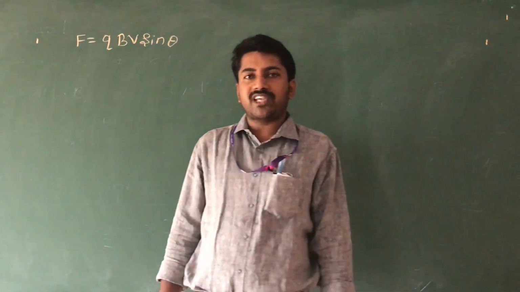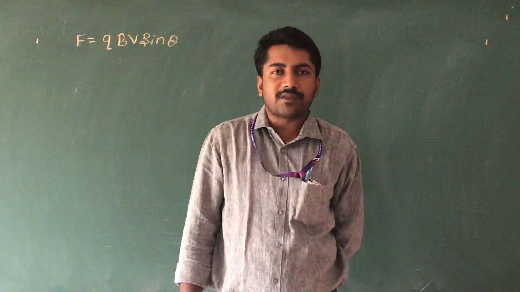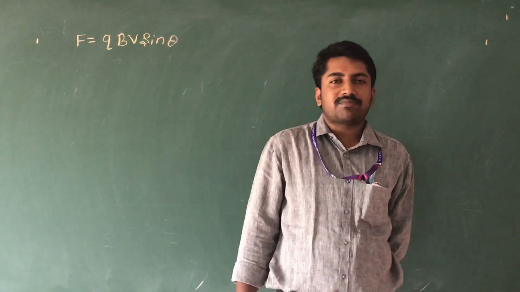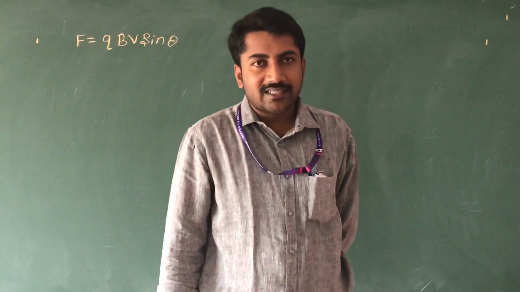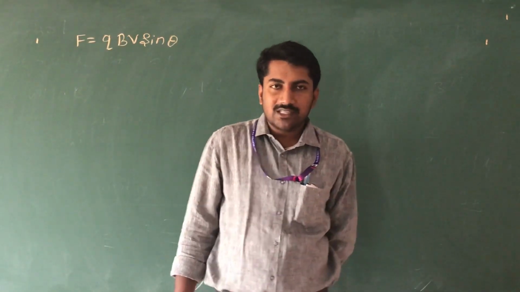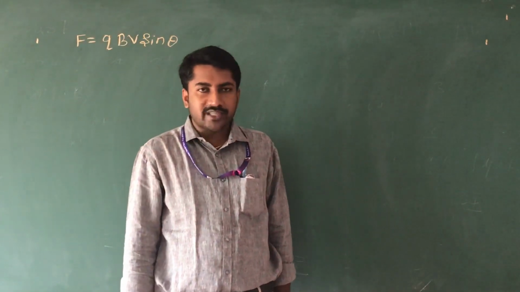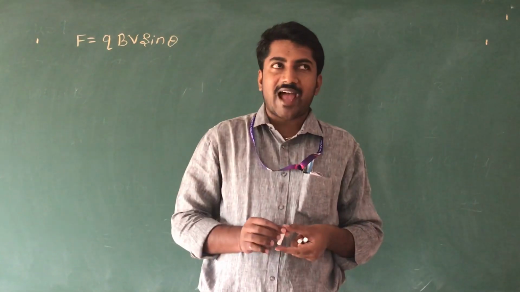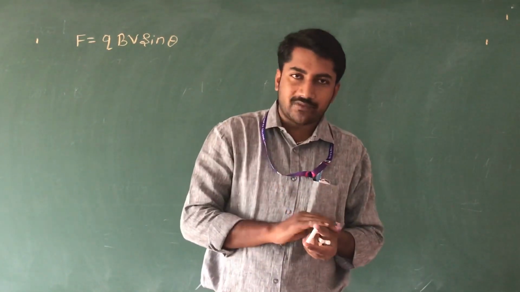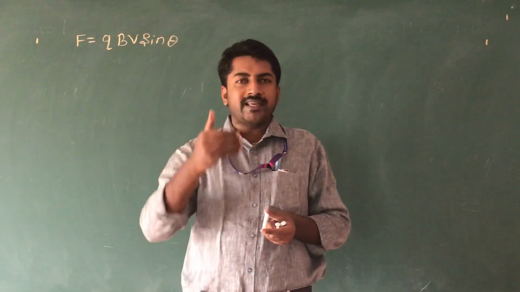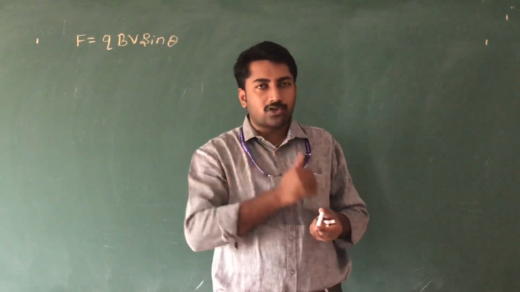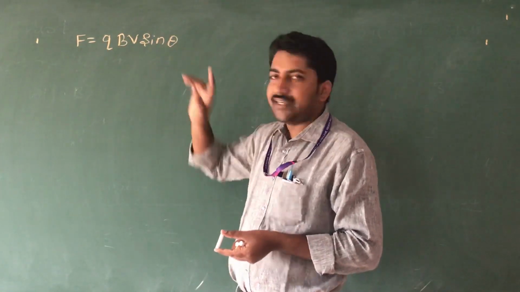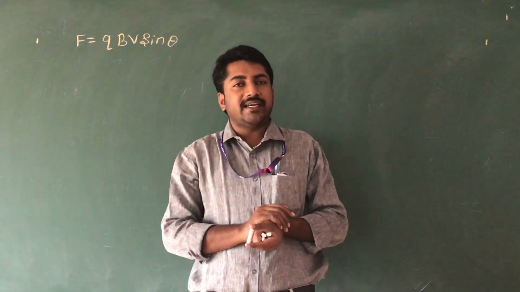In the magnetic force equation, the magnitude of the magnetic force is directly proportional to the magnitude of the charge, directly proportional to the magnetic field, and directly proportional to the velocity of the charged particle at an angle or right angles to the direction of the magnetic field. When we combine all these three factors with a constant k equal to 1, we get this equation, that is F is equal to Q into BV sin theta, which is the expression for magnetic force.